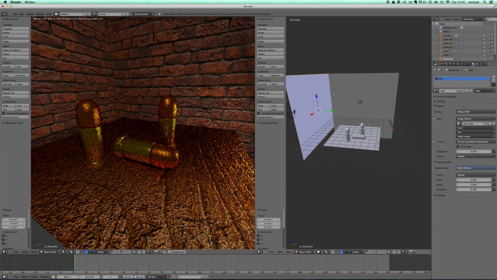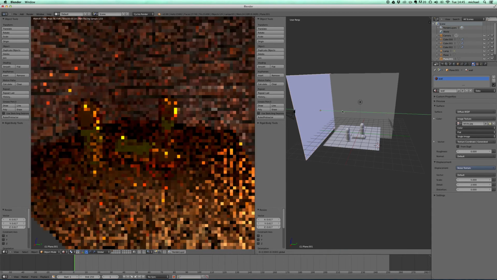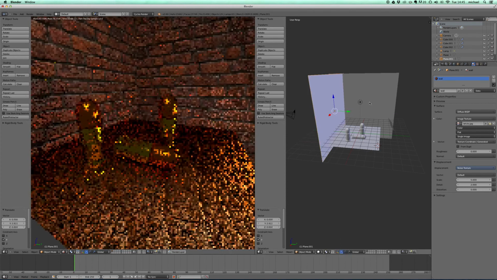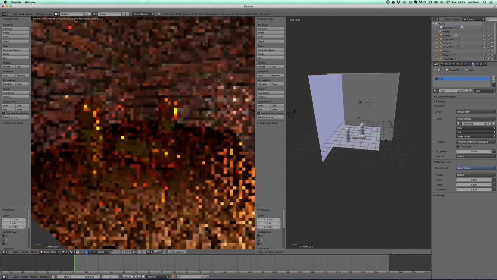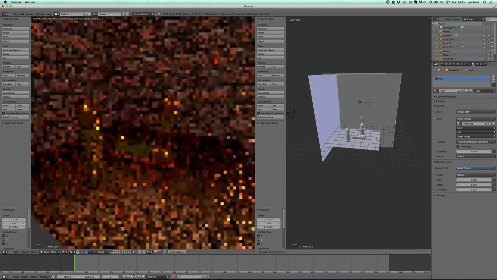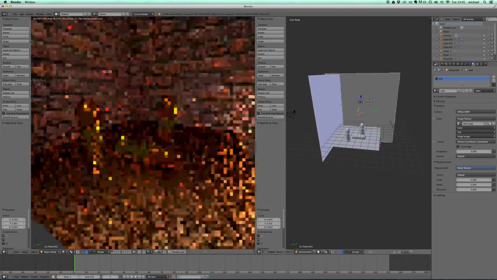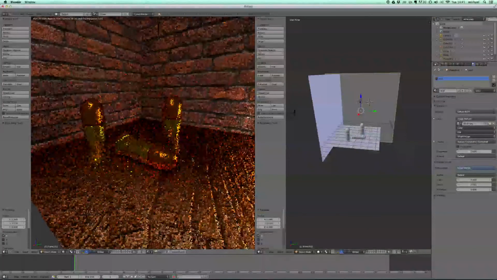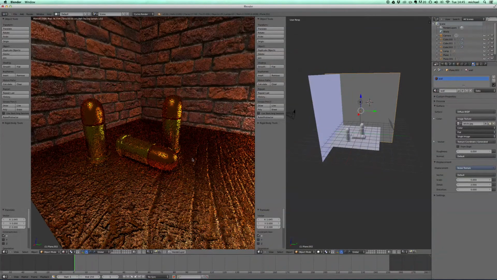So I'm just going to pull this along, and there's probably a gap between here and here. I'll just turn the camera around. So there we go. Right, now the thing that I would change in order to make this look better is